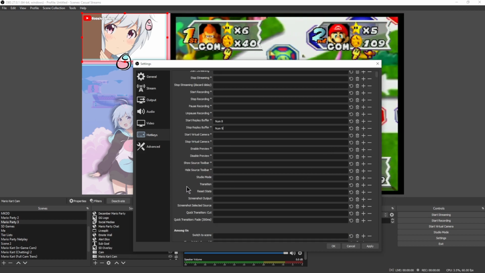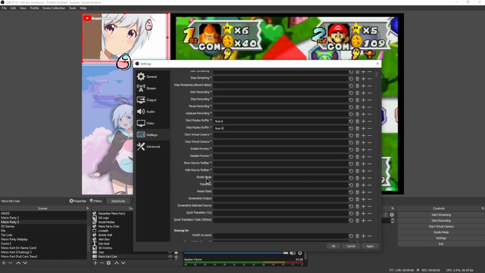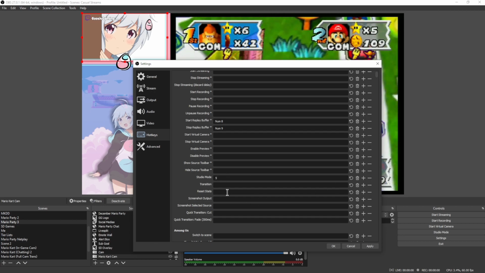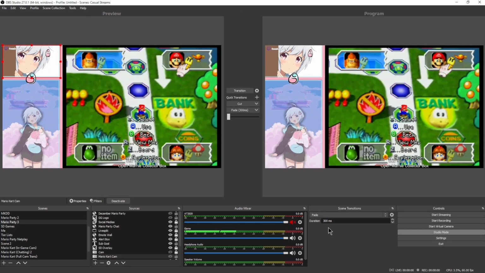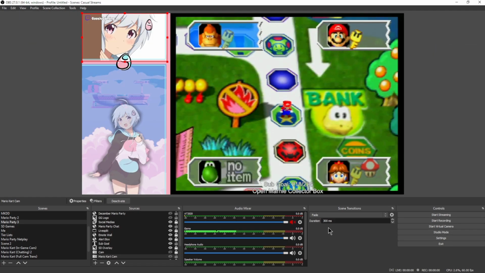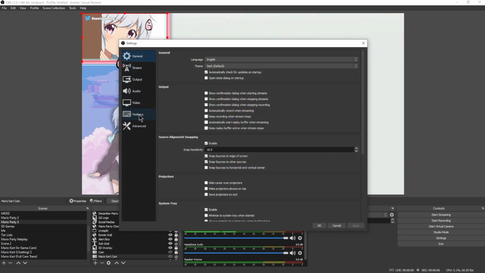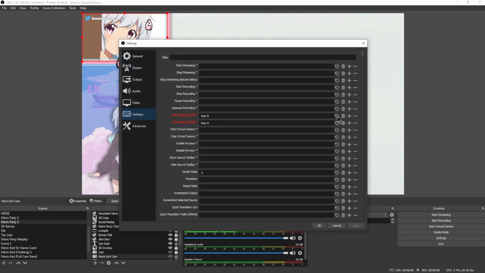And there's just a bunch. If you need to transition scenes or you want to set up studio mode, you just hit 5 and now you can activate studio mode. Or if you need to put away, you can just put away just like that. So hotkeys are definitely useful. I'm more of the manual kind of person. That way I don't actually